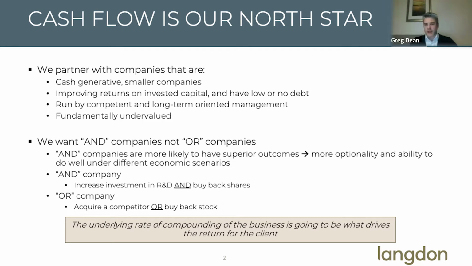So we focus on cash generative smaller companies. The average age of a business in our portfolio today would be close to 40 years old. So it gives you a real sense for the maturity profile and the experience and track record of the companies we invest with. We scour the world for, let's call it, 5,500 different companies we could own. We typically own 30 to 35. And we think that's why we're able to deliver the returns that we have.